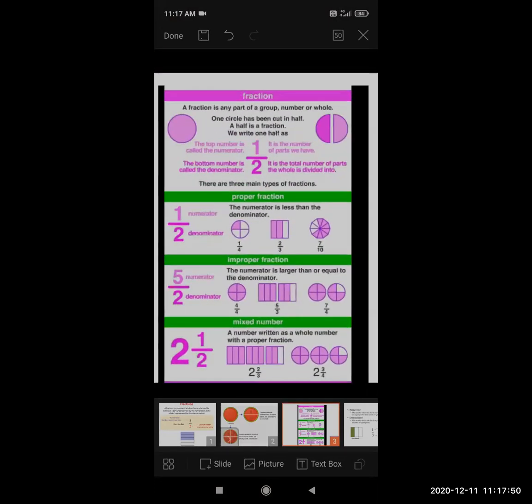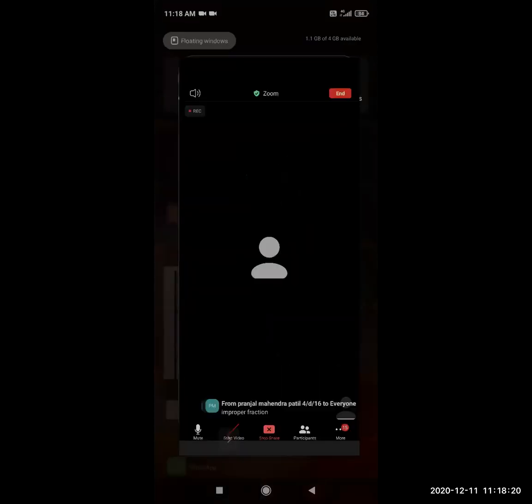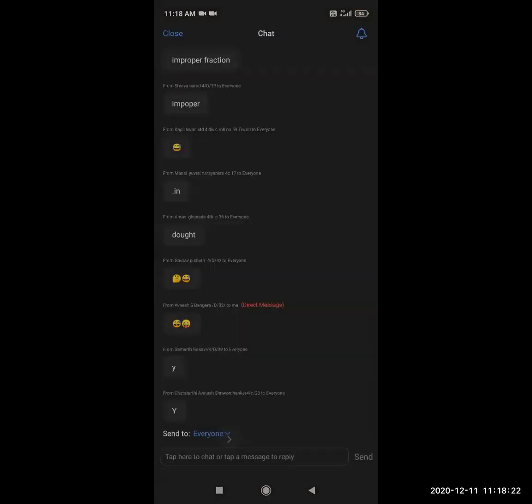Yes. First of all, tell me how many equal parts are there? In the second image, meaning in the improper fraction, two boxes are given to you. In these two boxes, 3 equal slices are given to you. Correct? Yes or no? 3 equal slices are there, yes. From this, in each slice, how many are colored? How many are colored?